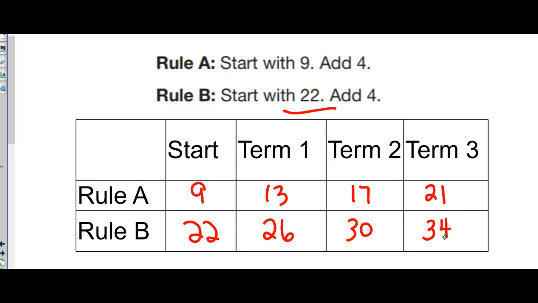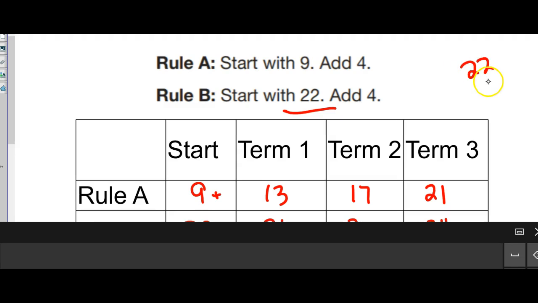So we need to look for a relationship here. It looks like it's either addition or multiplication. Well, 9 times nothing is 22. So let's try addition. 9 plus what is 22? Well, 22 minus 9